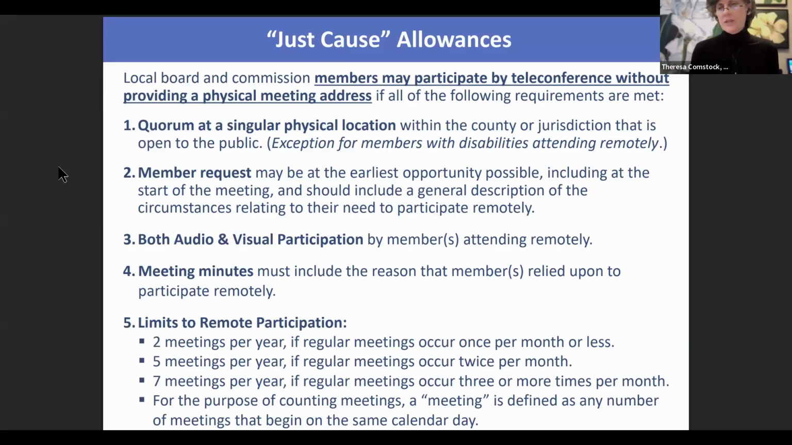And then they should give a description of why they're participating remotely. The next slide I'll review the items that are just cause allowances that they could use for their circumstances. The member should attend remotely by both audio and visual. Meeting minutes should include the reason they relied upon to participate remotely, and then limits to remote participation are 2